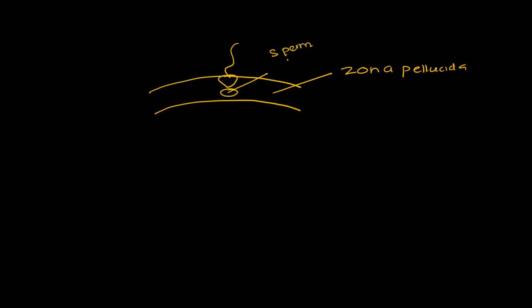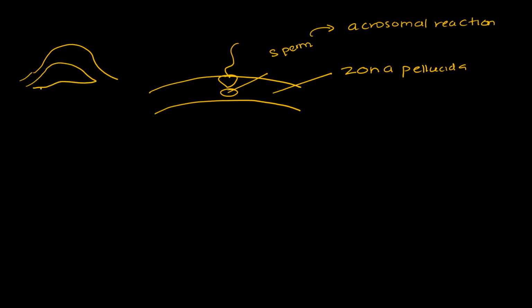Once the sperm binds, there is a small modification of the sperm which is known as the acrosomal reaction. This is a process where the lysosome that is found in the tip of the head merges with the membrane so that it allows the sperm to pass through the zona pellucida and into the cytoplasm of the ova so that it can carry out its fertilization.